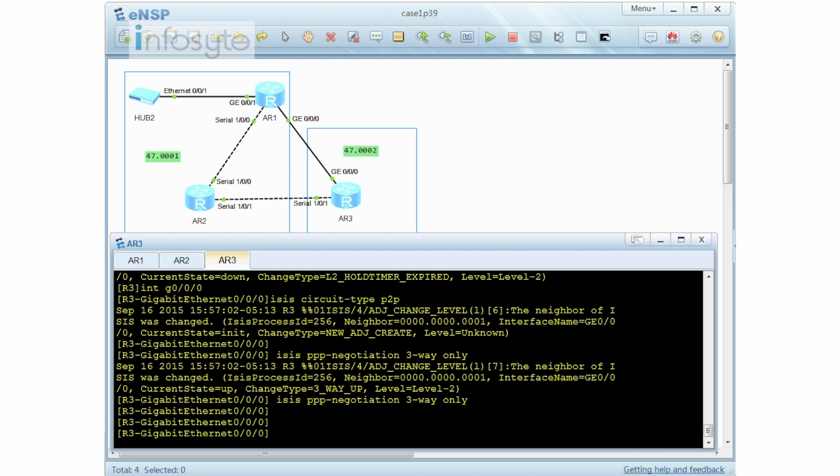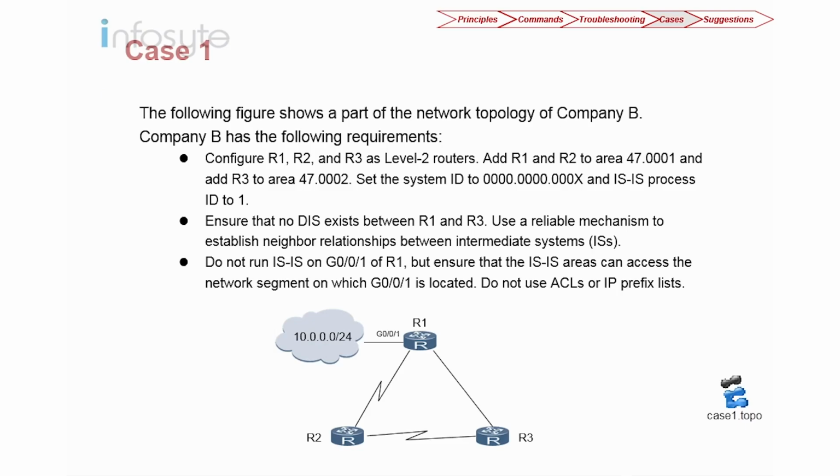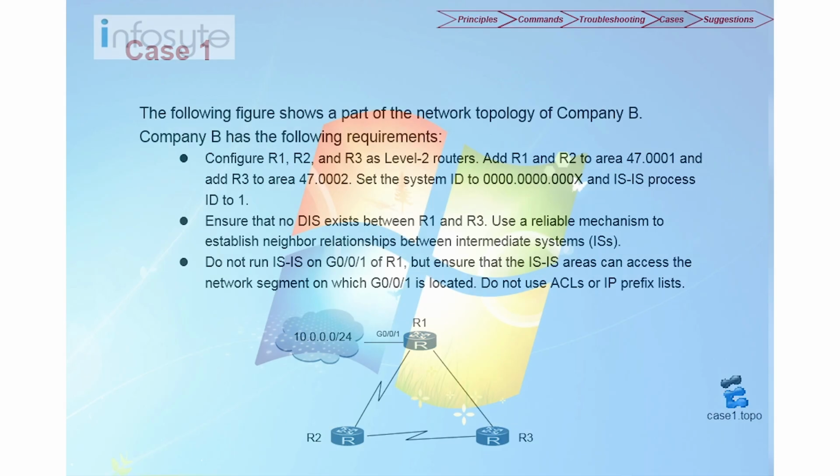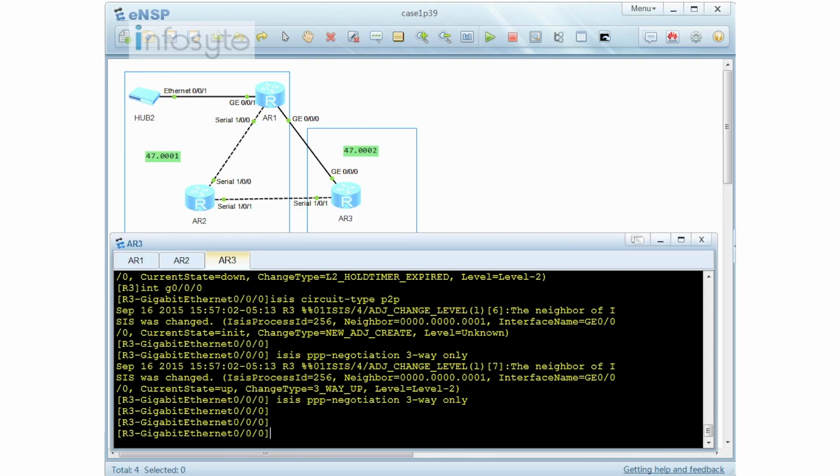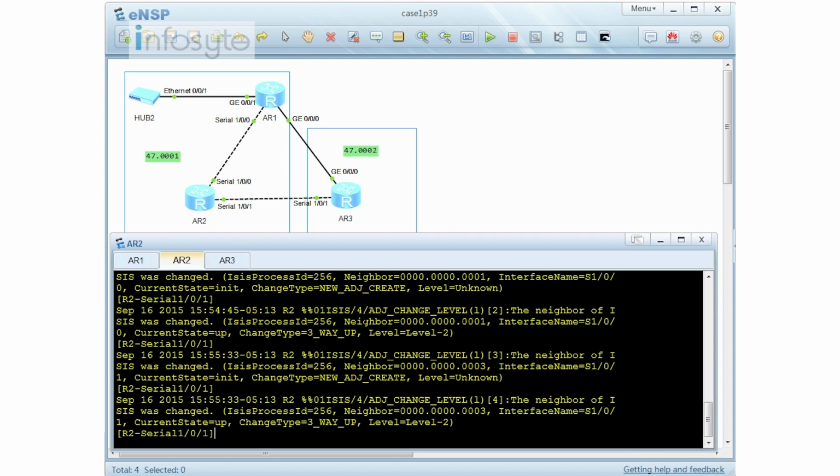Alright, so we have fulfilled the requirement on the second one, but in the meantime, remember that the question asks for all of the routers to use the reliable mechanism. So we have to fulfill the requirement. On router 2, we also need to do the same thing. So in the router 2 interface 0101, we are going to use ISIS